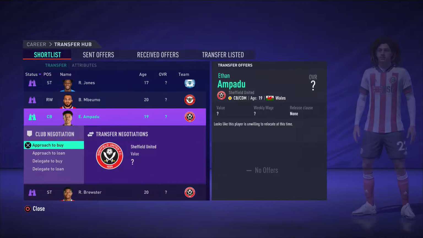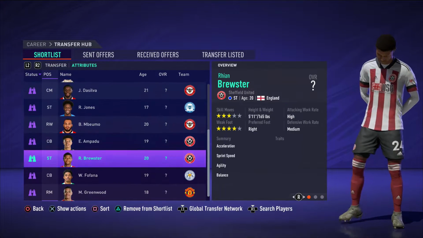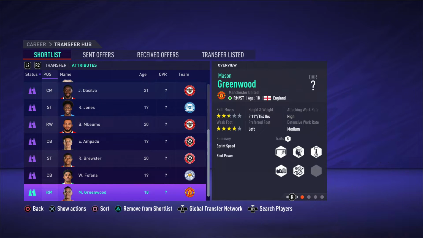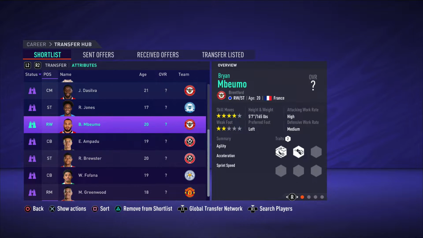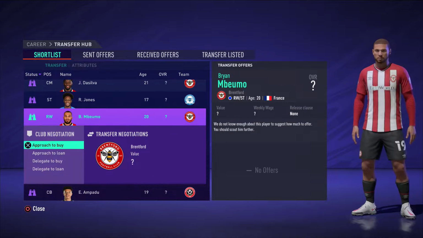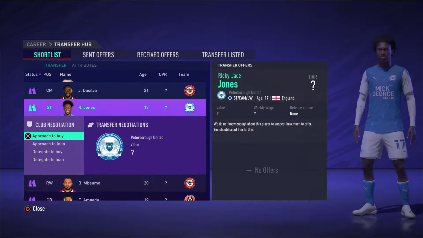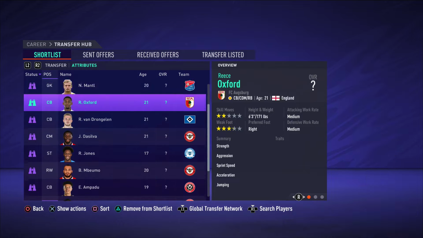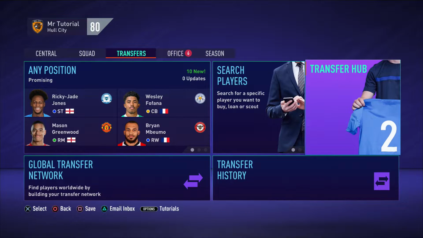As you can see, Ampadu is not very expensive. He's a young player. I haven't scouted them. I do know that these players aren't under 20 million. They are over 20 million. Greenwood is probably the most expensive one, but I just did that as a super example. So without further ado, guys, what I'm going to do is purchase these players just to make sure that I get promoted into the Championship, and I'm going to show you guys how you can get the players that say they're unable